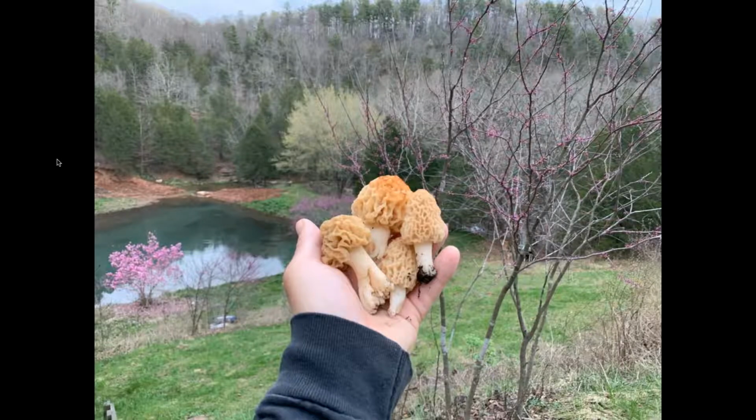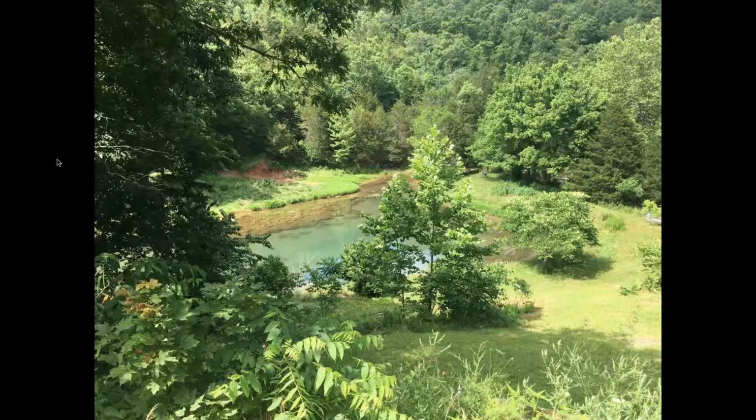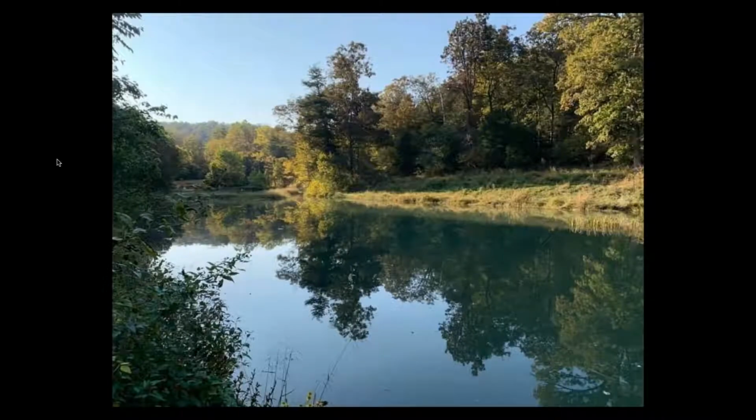But this is what the pond looks like in the summer. And to me, it reminds me of being in Borneo, to be honest. The temperatures, the weather's the same. It's in the mid-90s, humid a lot of times. Sometimes you get well over 100. But it just explodes with insect and reptile, cold-blooded animal diversity. There's another view of the big pond down there. But as awesome as that is, we just wanted